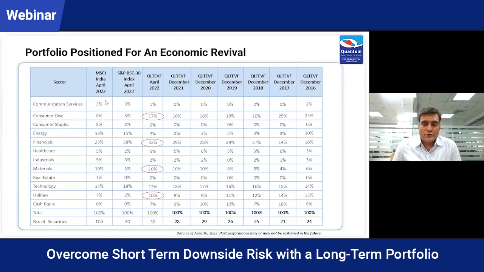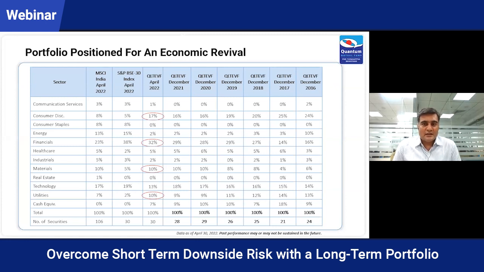As of now, our portfolio allocation reflects an economic revival. Our positioning is geared towards an economic revival in India. If you look at consumer discretionary, it's close to 17% weight. While there are a bit of headwinds on the cost side, valuation comfort is still very much there. So we are very, very comfortable with the valuations in the consumer discretionary space, especially on the two-wheeler side. So our positioning is quite heavy over there.